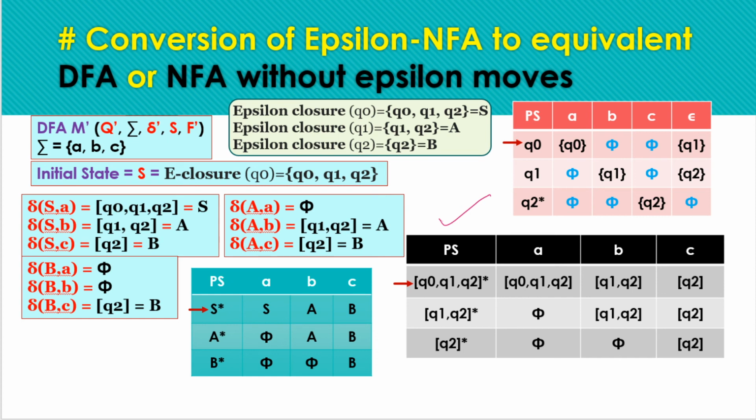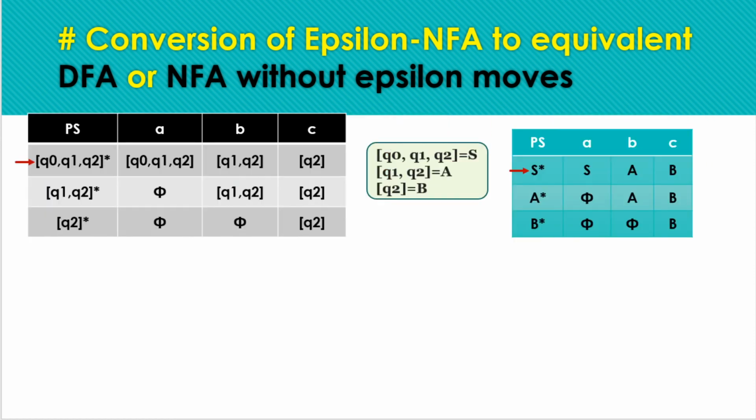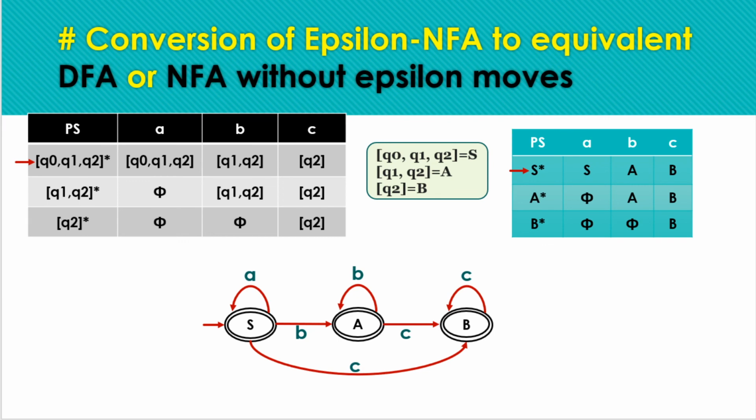So we are done with this conversion process, and we can also write the table in shorthand form like this: S, A and B. Here S is the initial state, that is the closure of the initial state, and A is Q1, Q2 and B is Q2. So we can also construct this by writing these abbreviations, or we can use this tabular notation. Either of these notations is right, you can use any one of them. So this is the final resulting conversion table, and this is the final transition diagram.